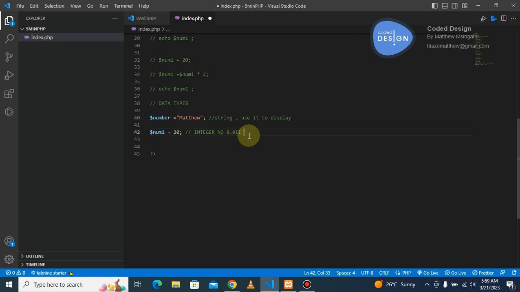Why? Where are we going to use this number, let's say in our application? If you are interested in just counting,